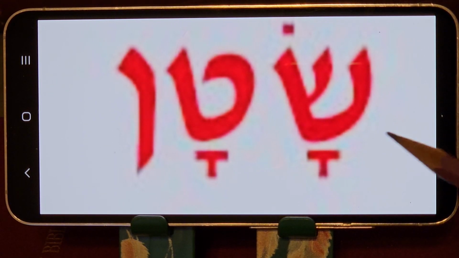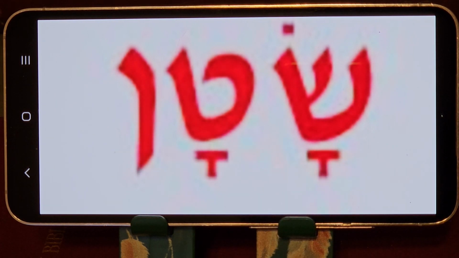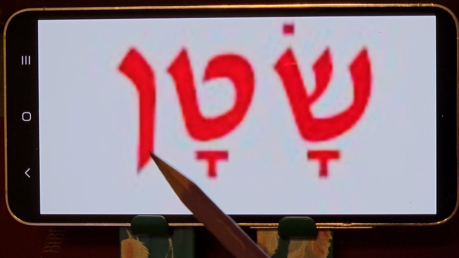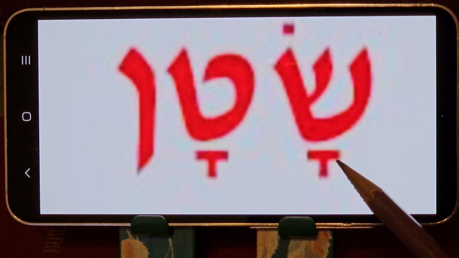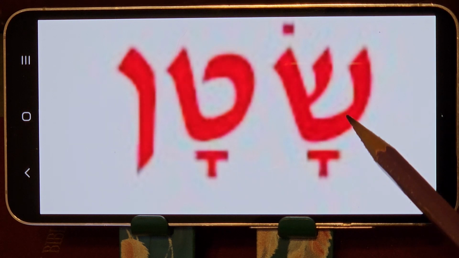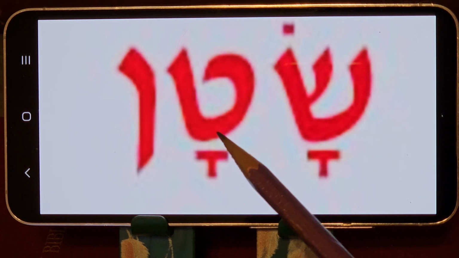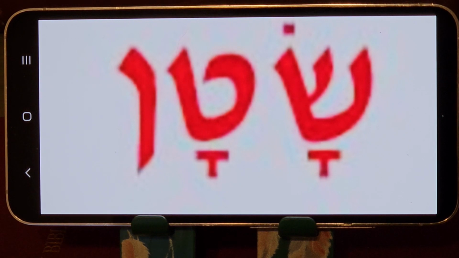I'm hoping that you will get to learn to look at the Hebrew characters first and try to sound it out and make the word. Notice these are the diacritical marks that we are not using in these lessons. And so literally we have the word Shin, which is an S or an SH sound. We have the word Tet, which is the T sound, and we have Nun, which is the N sound.